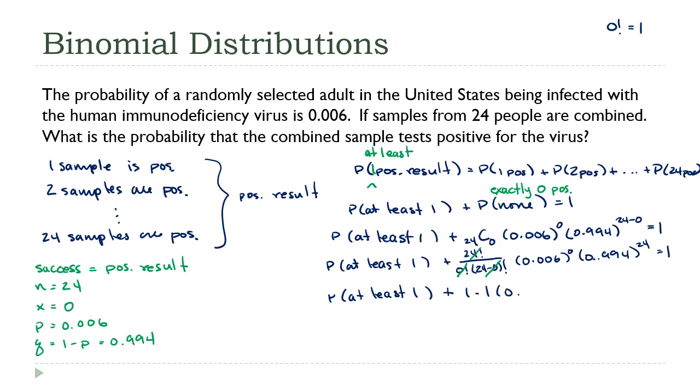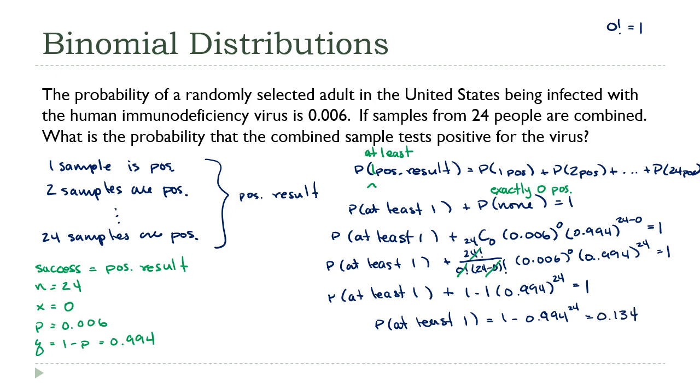All we're left with is 0.994 to the 24th power equals 1. Subtract. The probability of at least 1, which is what we're looking for, in that scenario, that the combined sample will test positive, is 1 minus 0.994 to the 24th, which is